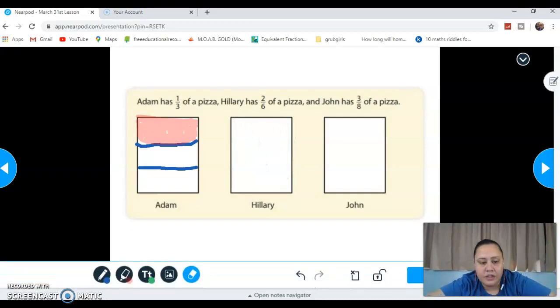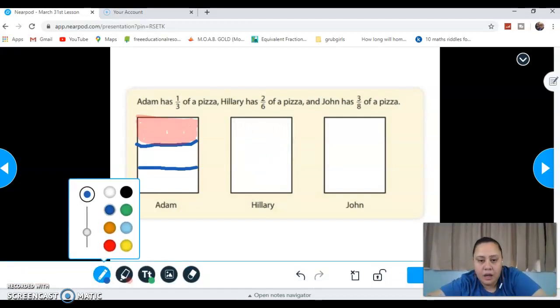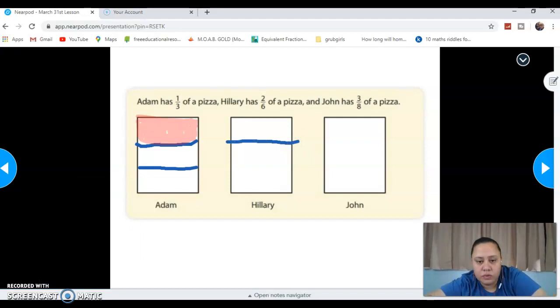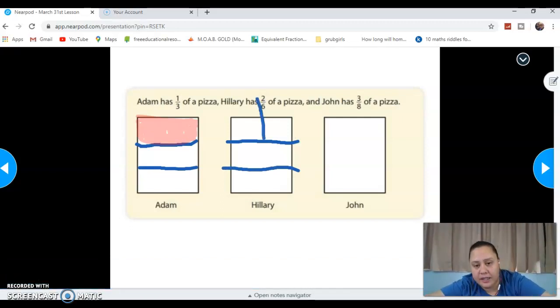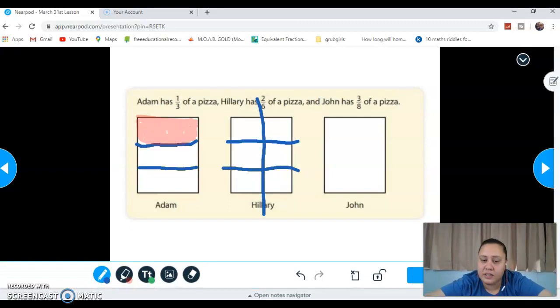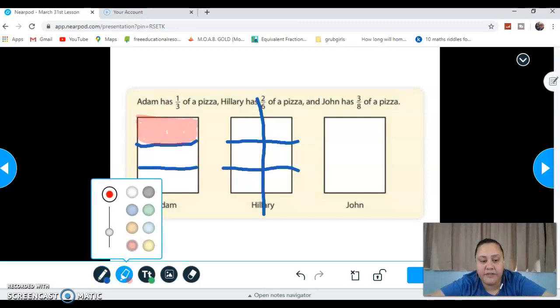All right, let's try that again. And okay, that's the best I'm going to do. That's thirds. Now, in order to get 6, I'm just going to cut this right in half, and now I have 6, roughly. It's the sloppiest picture I've ever done, but it's okay. Now, she has 2/6 as her fraction,